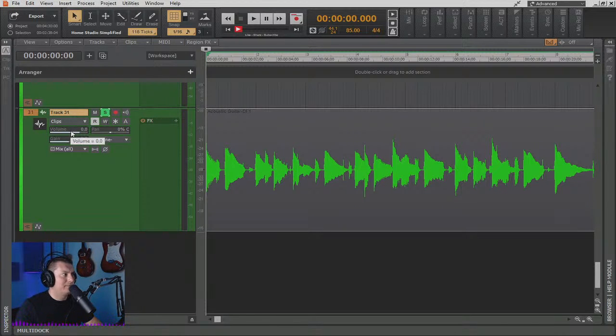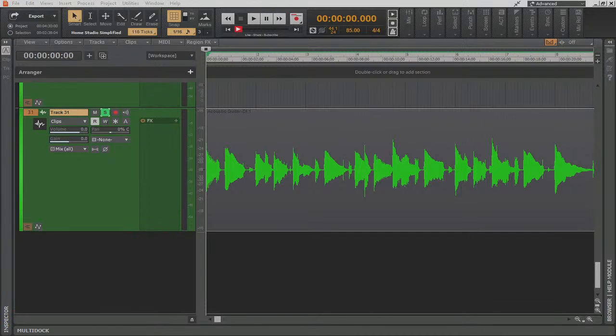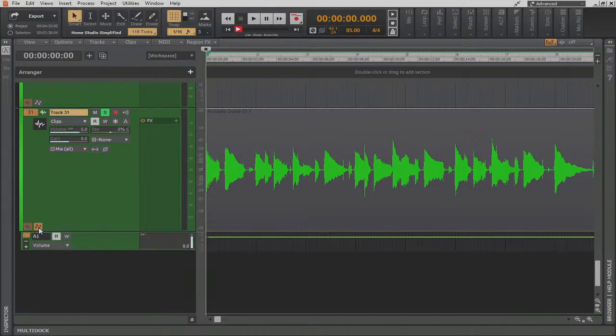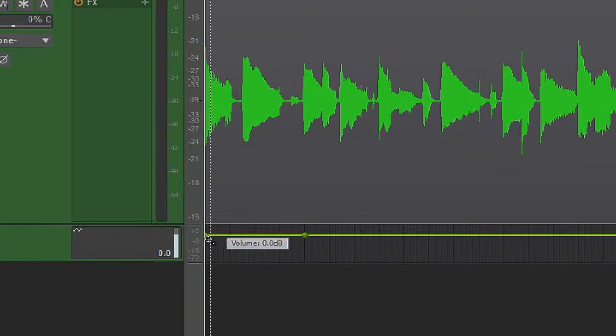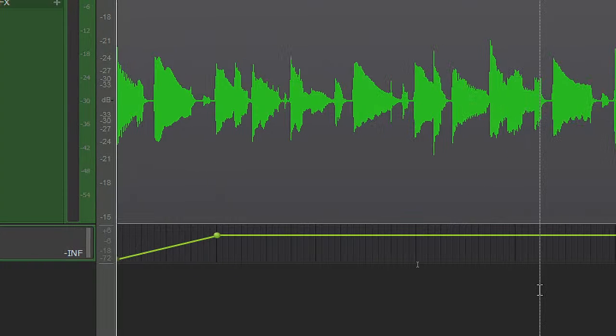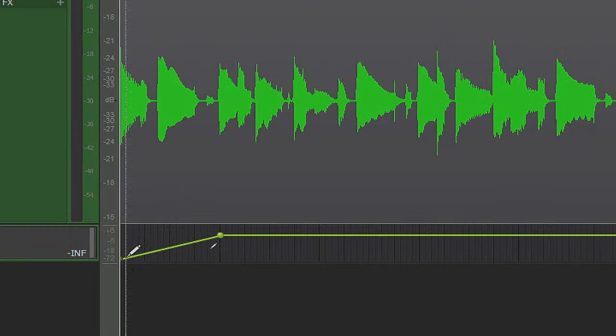say, up to 0, then what I would do is I would click on, let me get my mug out of the way here. Hold on. There we go. So what I would do is I would click on the automation lanes on and off. The first thing that's going to come up is the volume. Then I would select a point at which I would say, okay, I want it to come in at full volume here. Okay. Go back to this automation take lane here. And right there is the very first node. It's kind of hidden there. But that essentially would cause that to fade in